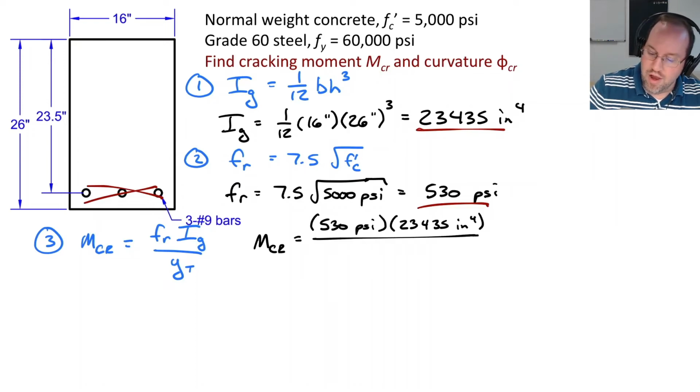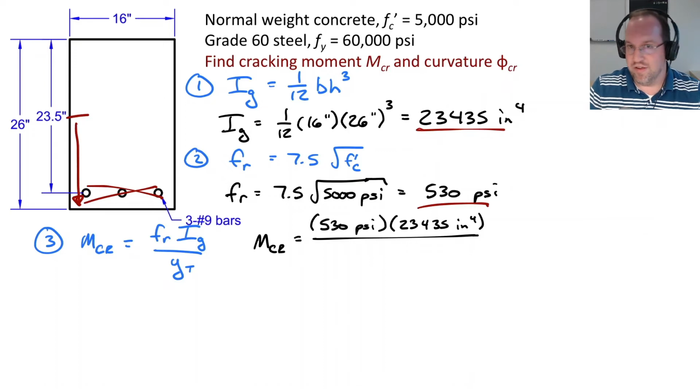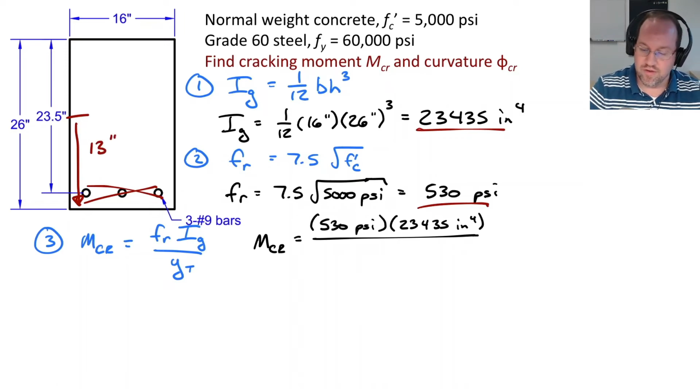Then I'm going to divide by y_t. That is, in this case, the distance from your centroid down to your tension fiber. Because this is a symmetric section and I'm ignoring the steel, that's just half of the height, so this is 13 inches down. I'll divide this by 13 inches, and calculating that out, that's